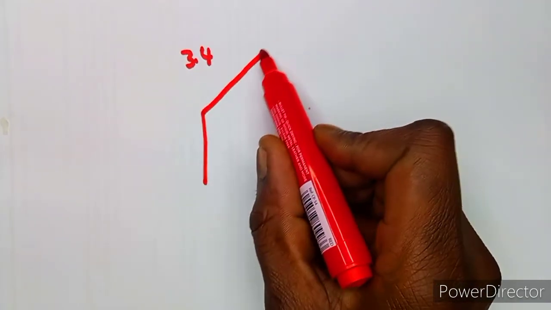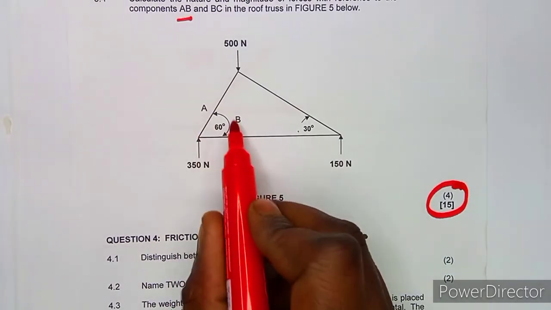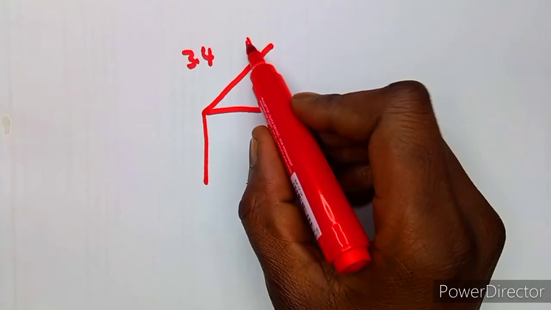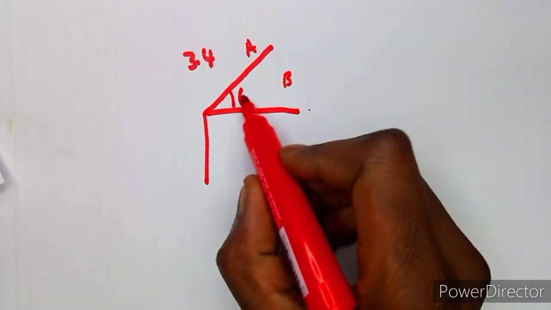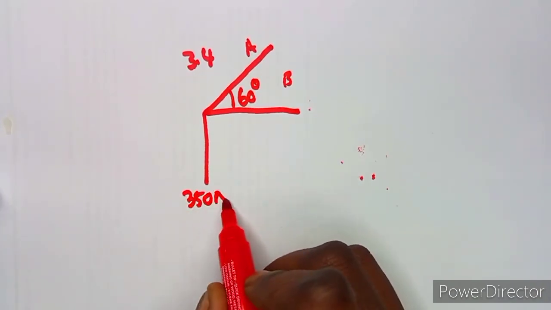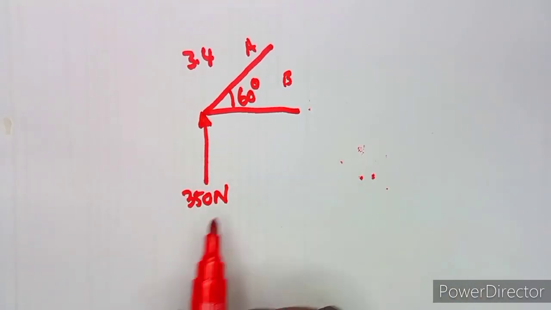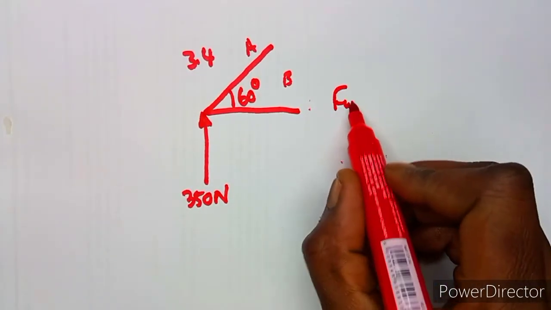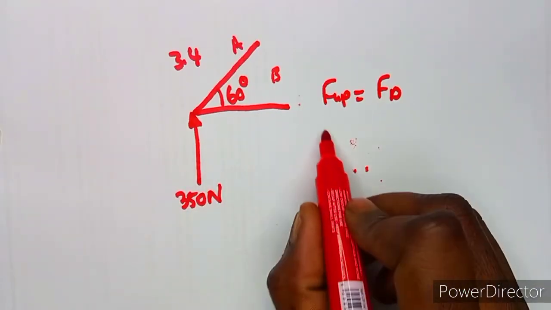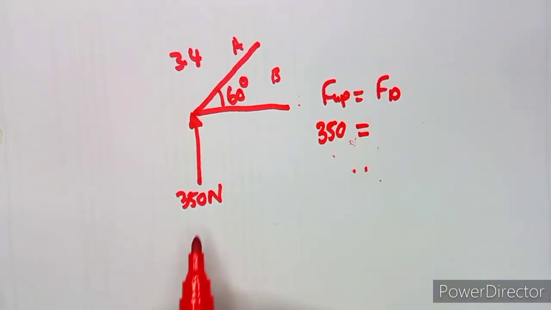So let's just take this piece here on AB. Remember AB, you work with this piece, you're ignoring C, so there's 60 degrees there. So that's your A there, your B, that's 60 degrees here, and you've got 350 newtons going up. All right, so since we are having F up, the force that is going up, remember F up is equal to F down. So F up, which is this 350 Newton, is equal to, remember it's a vertical component,